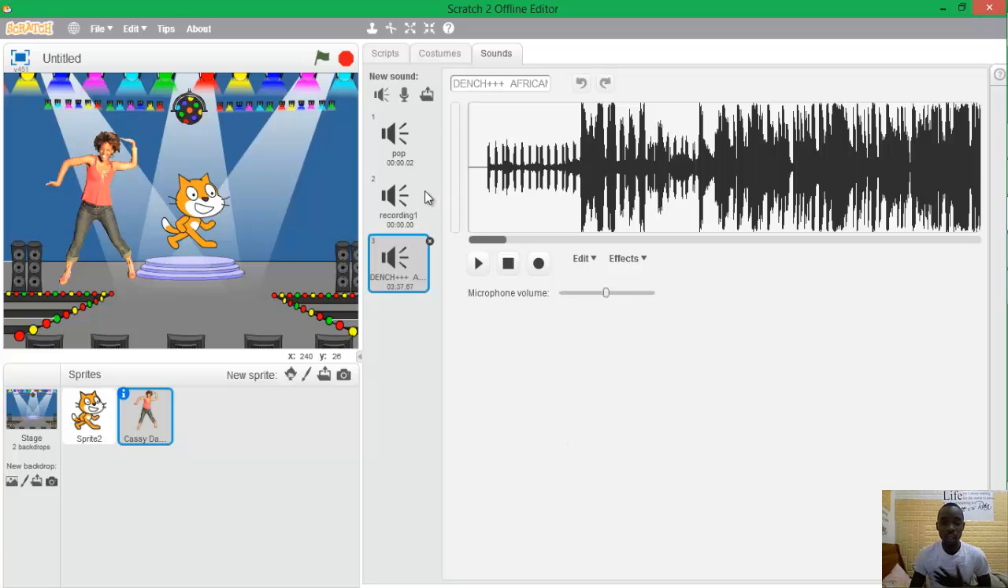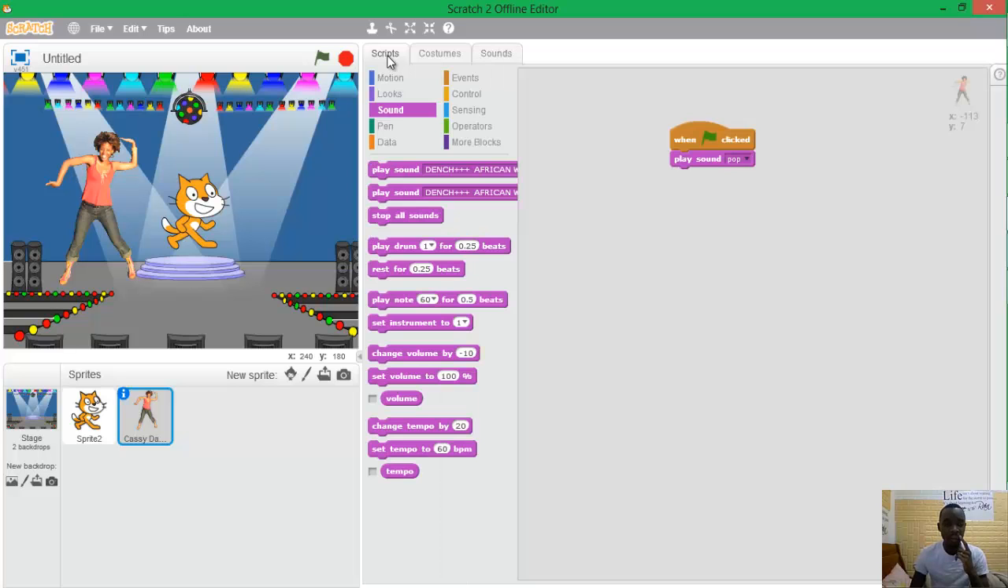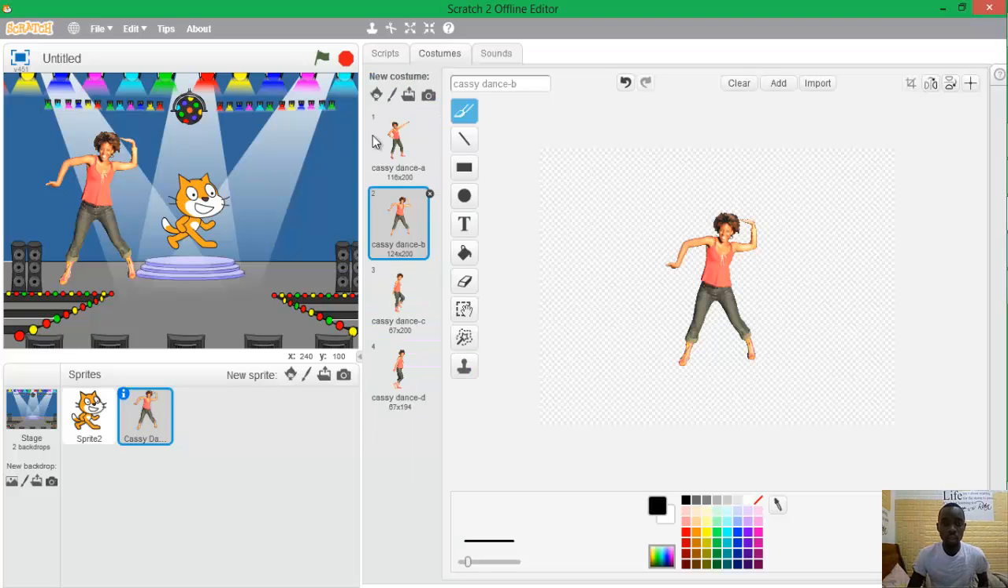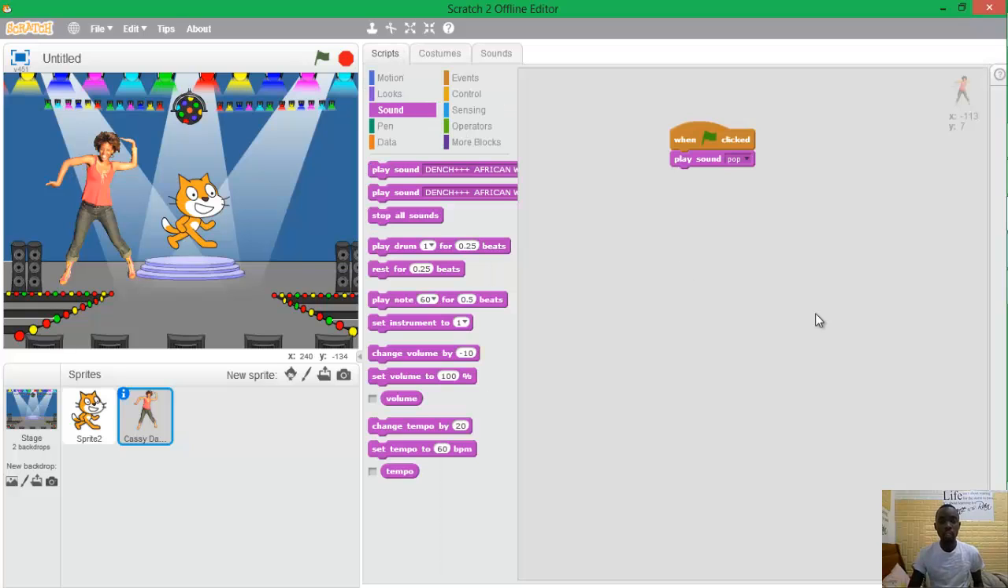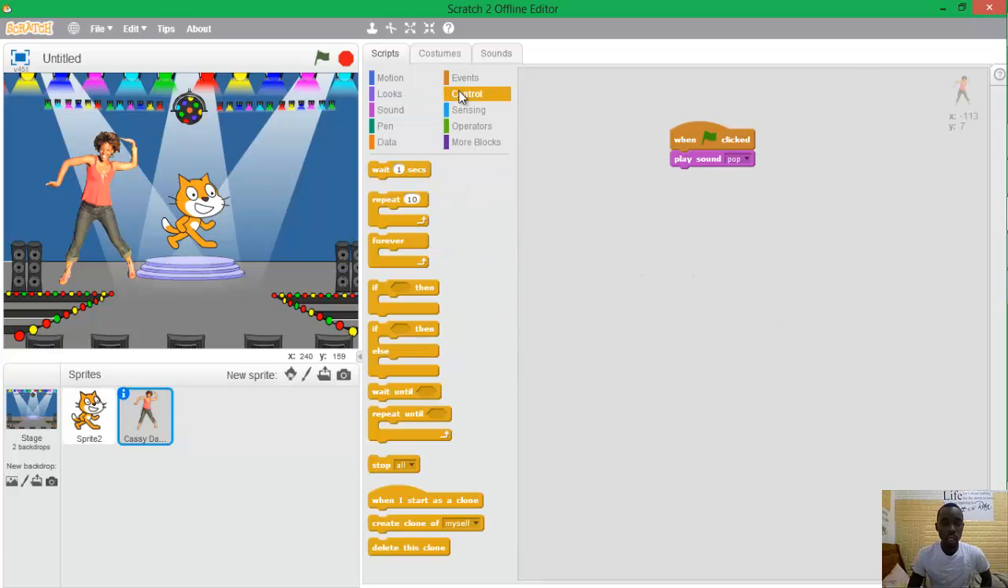Okay, now what we have here, we have the dance and we have the music. So let's put a control on this Cassie lady. Because if you check on the custom here, we have basically four. So we want to use all of these moves that she has. So let's add a loop here and say forever. We want her to